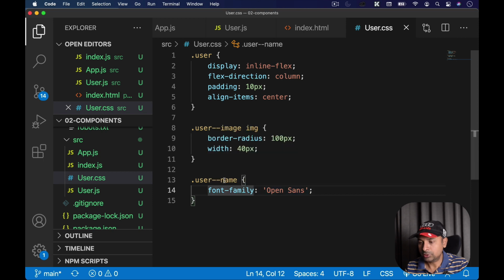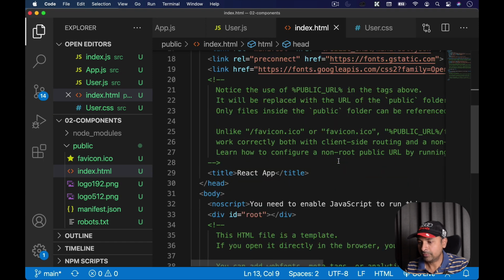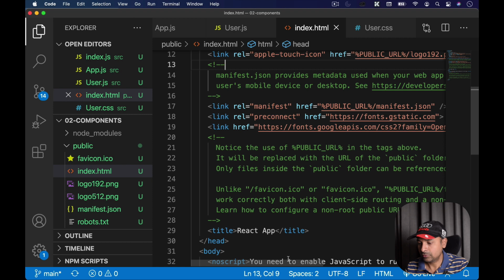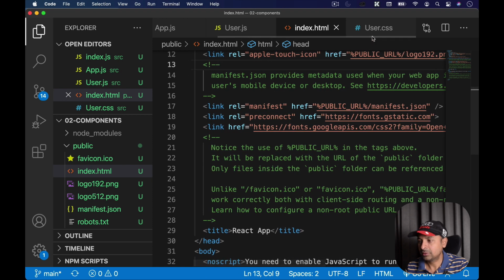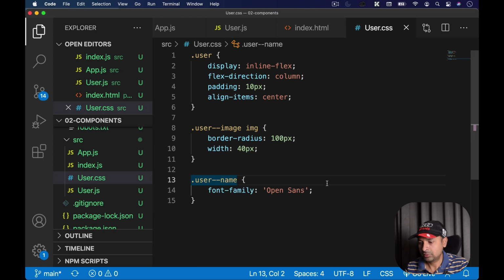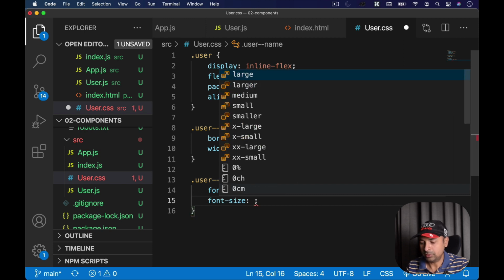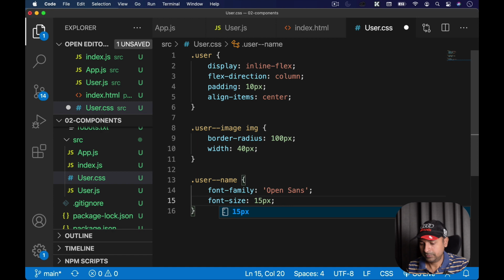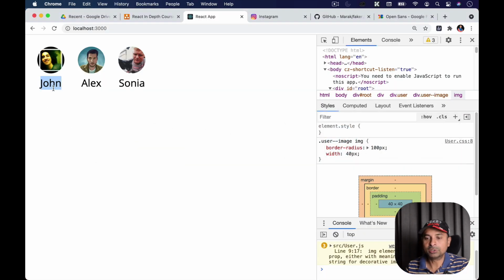Font family user dash dash name dot user dash dash name. I don't see any typo. I have my fonts here. Let me try changing the size of the font. Maybe 15 pixel. Okay, I see the fonts also and I see the size also, right?